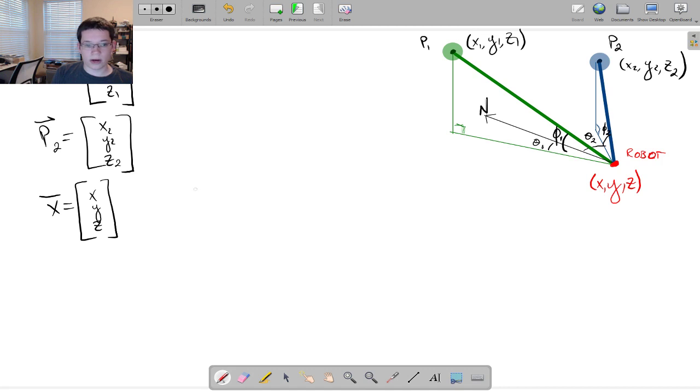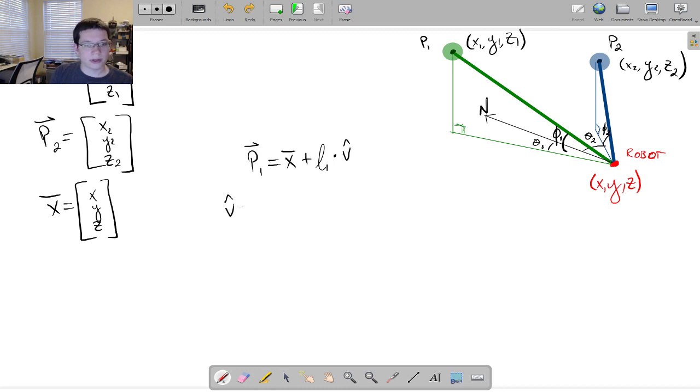So I want to know where I am in XYZ space. And I have the location of those two. And I have these angles. So I know that P1 is equal to X plus some length, we'll call it L1, times a pointing vector. What am I going to call that one? Call it V hat. Now V hat is related to,